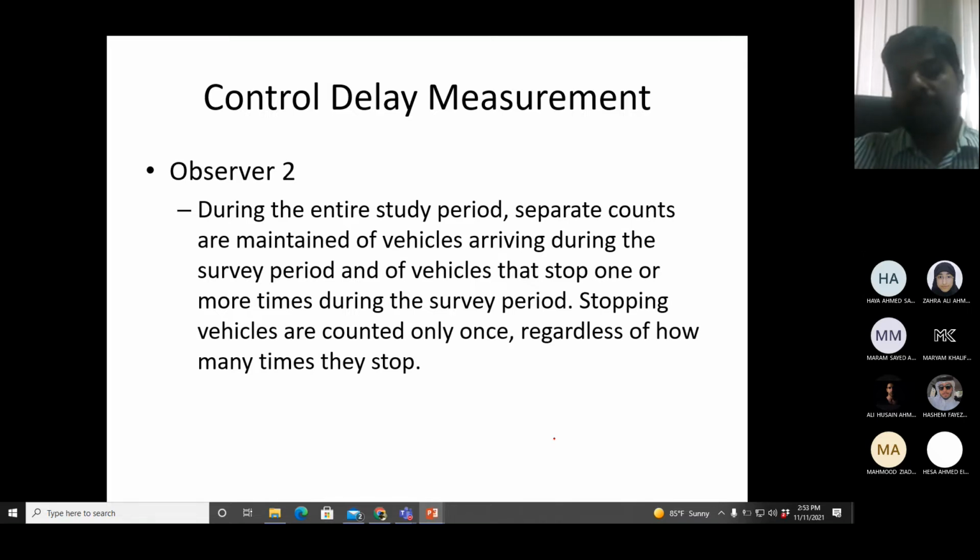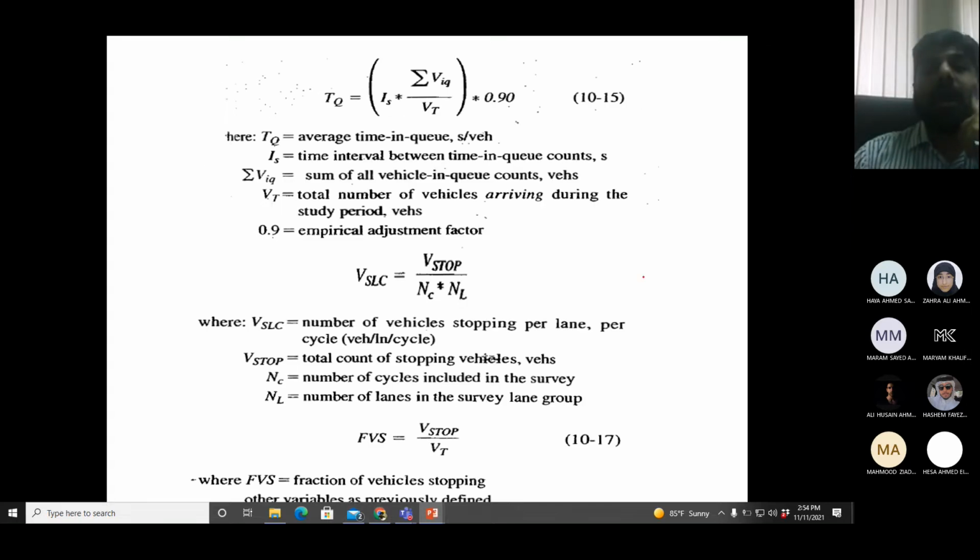You will just keep on counting them until the time is finished. You start from the first second till the last second. You just keep on continuously counting it. There's no time period for it. No cycles, no time period. Okay, continuously. After you take the observations, what should you do?